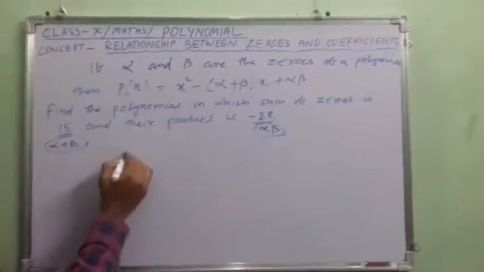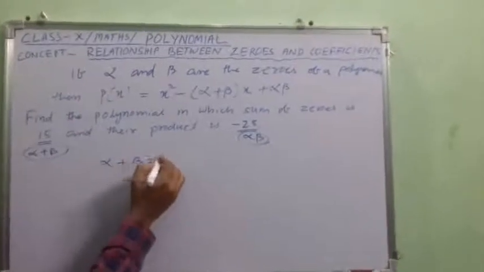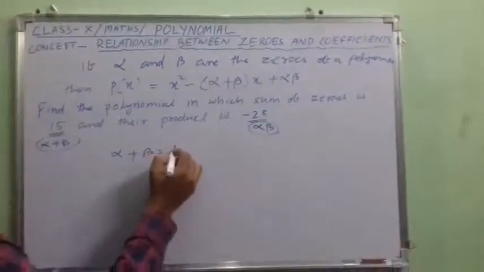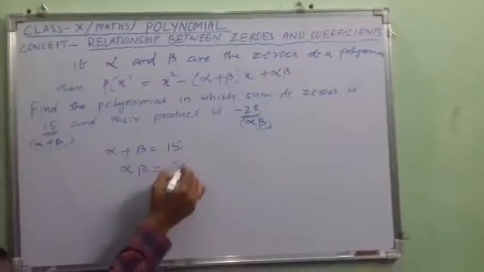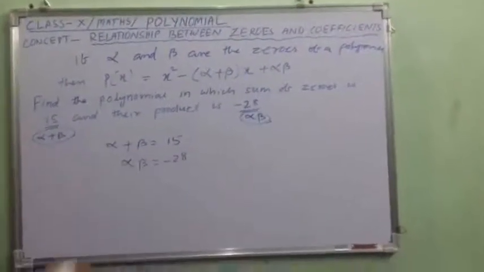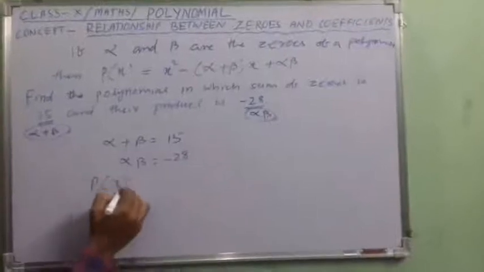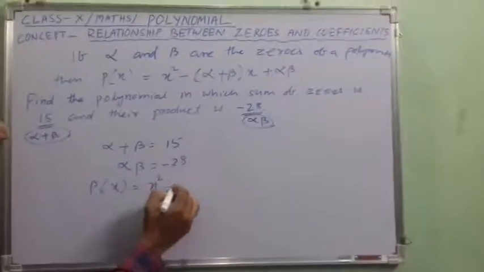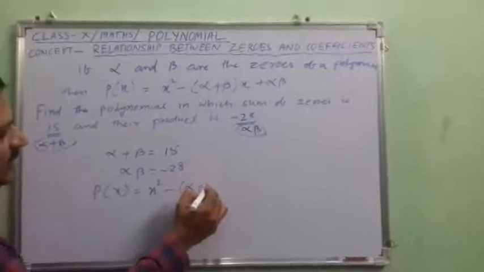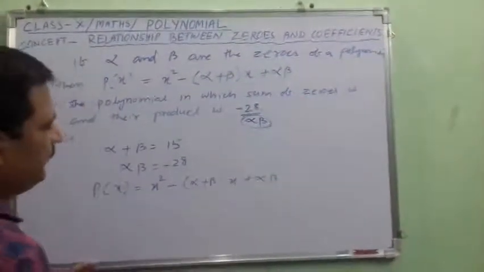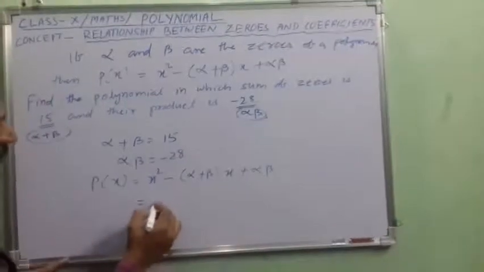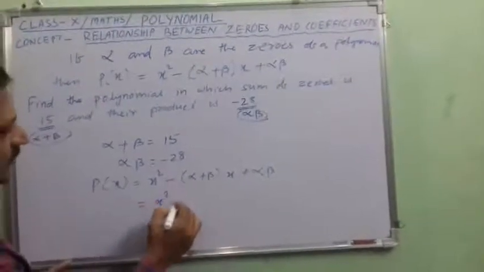So here alpha plus beta equal to 15 and alpha beta is given minus 28. So what is the polynomial? Polynomial equal to x square minus (alpha plus beta) into x plus alpha beta, and this is equal to x square minus